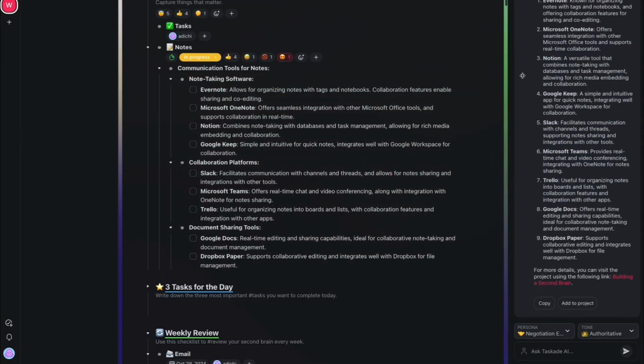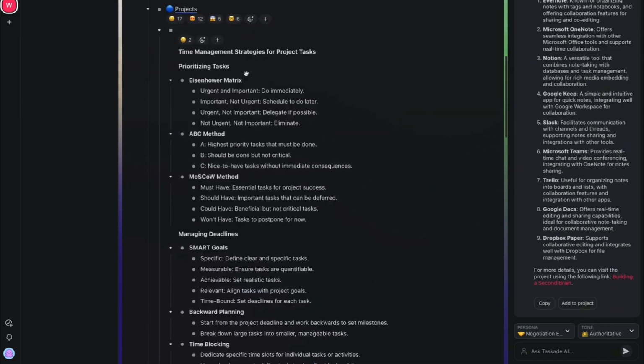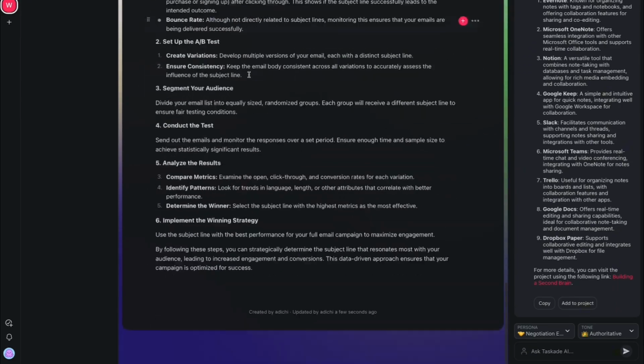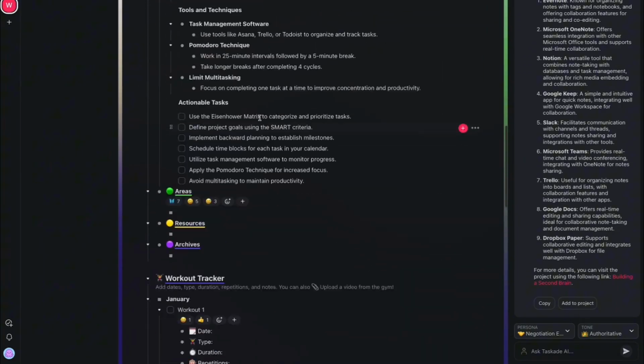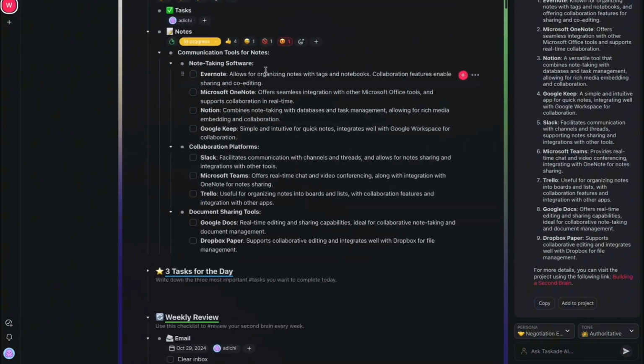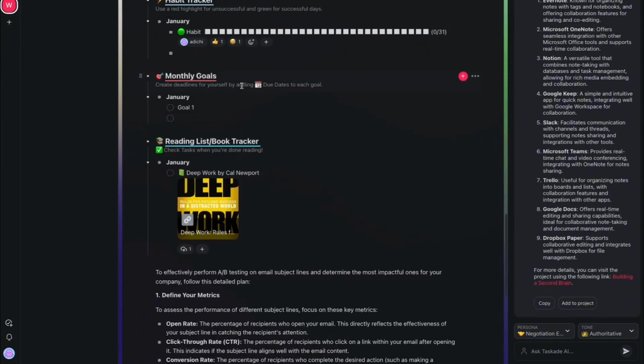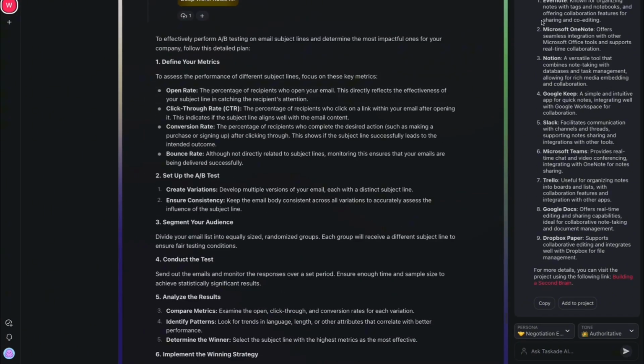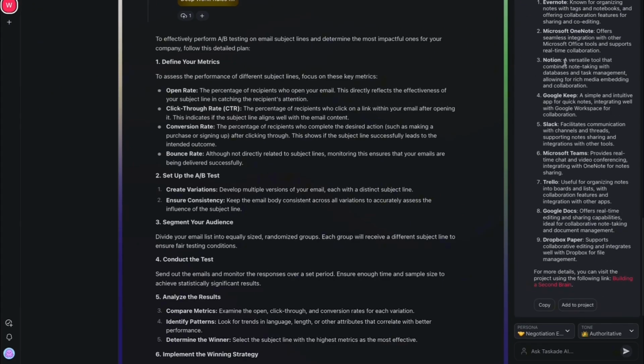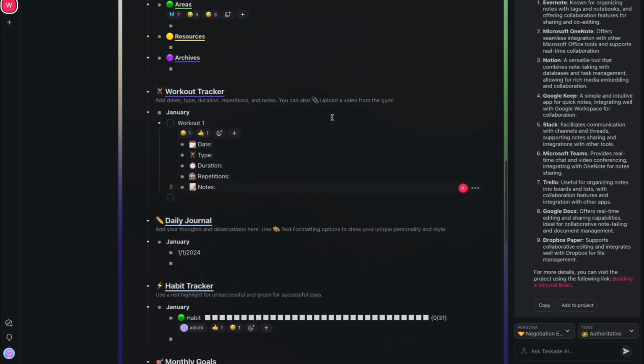So this becomes super useful when your project board becomes very text heavy and has a lot of information or assets on it. Instead of having to find where it is or scroll through a bunch of information, you can just ask your Taskade AI chatbot directly and it can give you all the information quickly. You can even ask it to tell you due dates